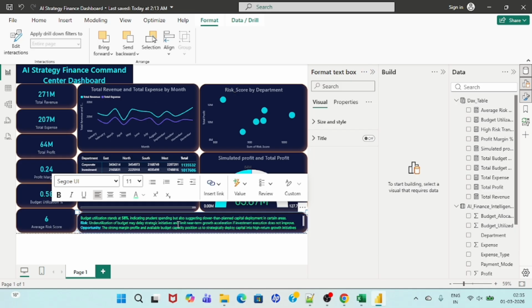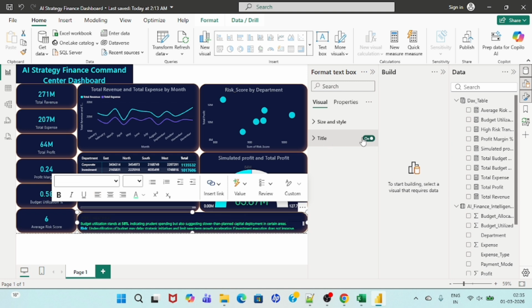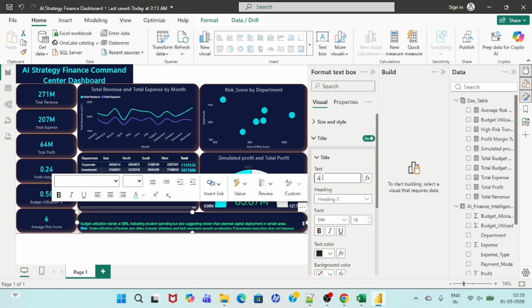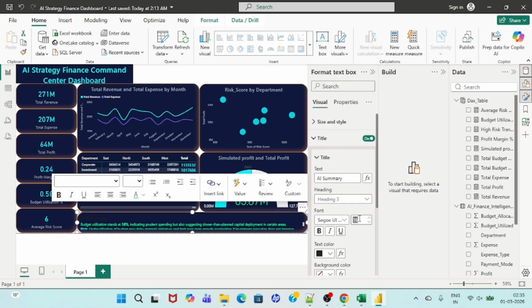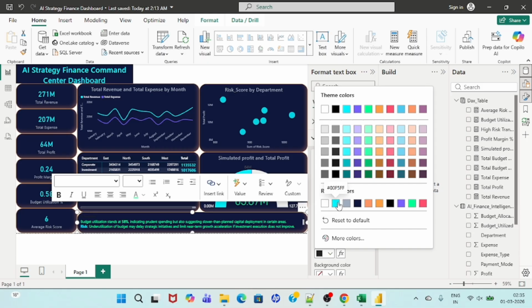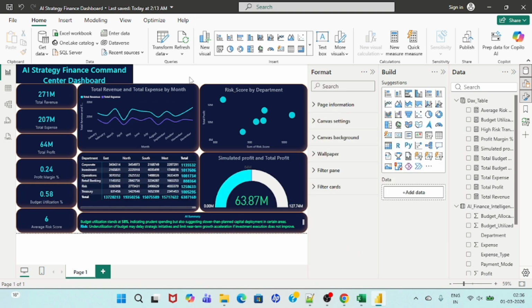Right, now let's put the title of this text. So the title would be AI summary. Okay, now make it 8 or 9, bold, and let's go for this color and make it middle. That's all done here. Now we have this space,